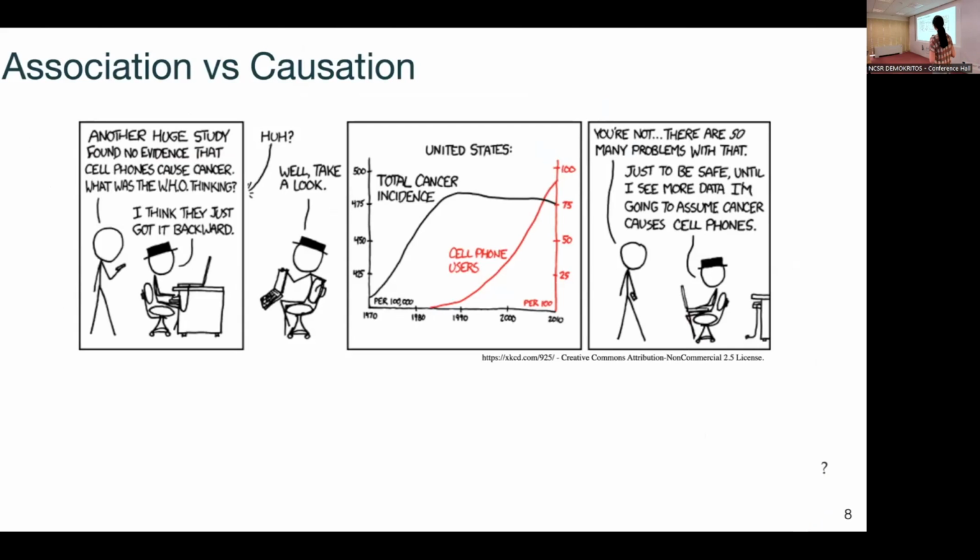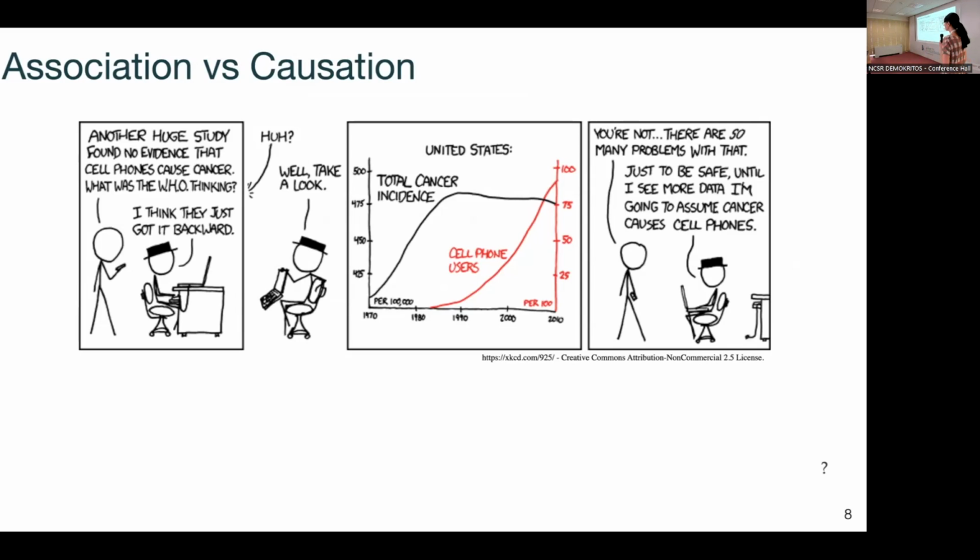So first you see an increase in the total cancer incidence, and then the number of cell phones increases with a very similar trend. So if you check, the correlation is really high. And the guy here concludes with a funny outcome. There are so many problems with that. Because they say that cell phones cause cancer, and the guy says, just to be safe, until I see more data, I'm going to assume cancer causes cell